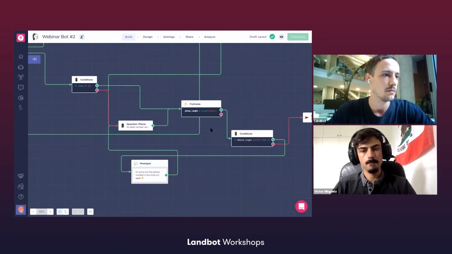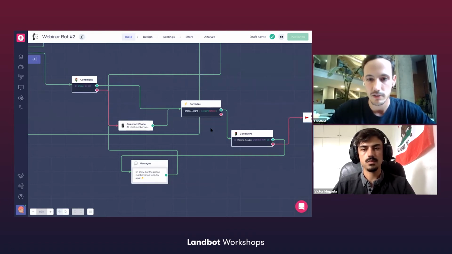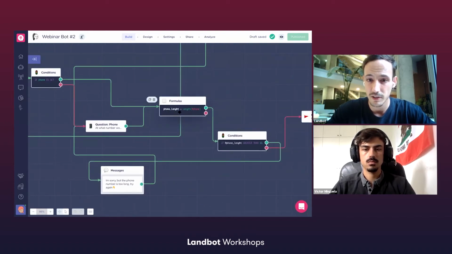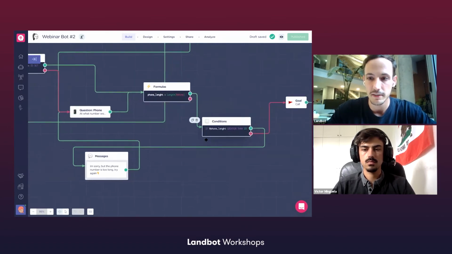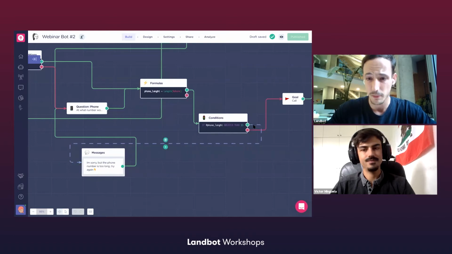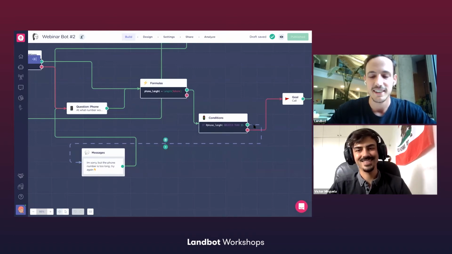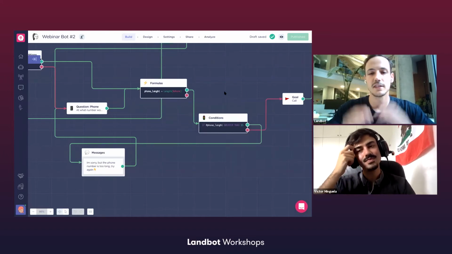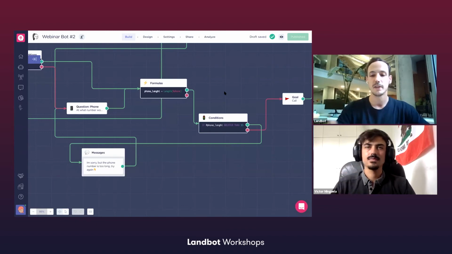For example, you could, I don't know, count the number of characters within a variable, which is exactly what we're doing here. So if I zoom in a little bit, you'll see that we're checking here the phone length, and we are using the variable phone for that, and the function length, which will result in a number. And if that number is greater than 15, that's probably fake. Exactly. So we're going to ask for it again. If it's less than 15 characters, we can keep going. This is super simple, guys, but you can make it as complex as you want.